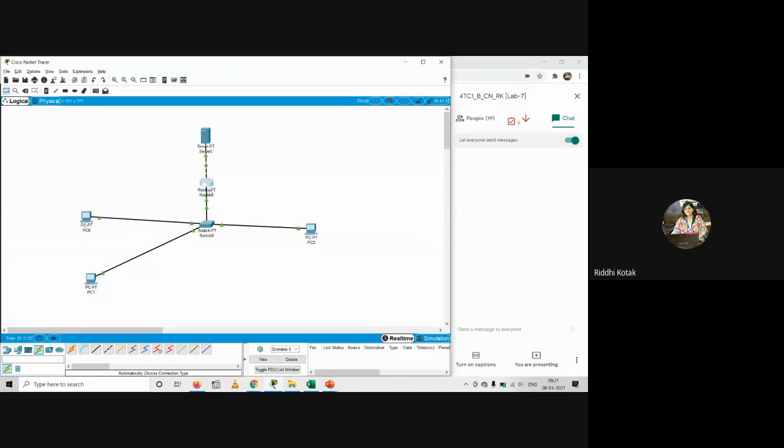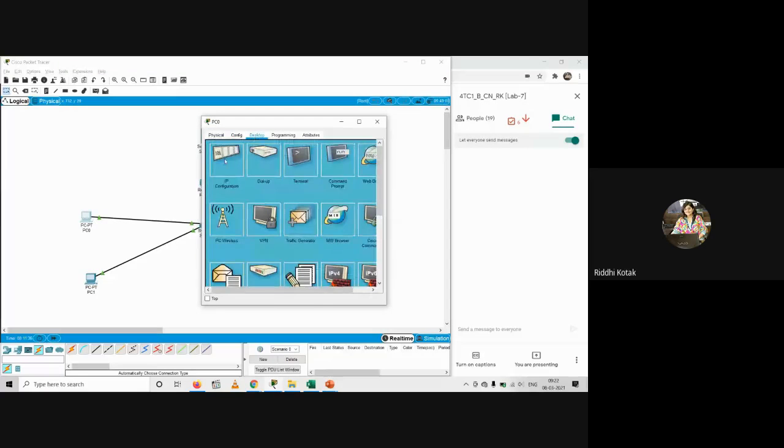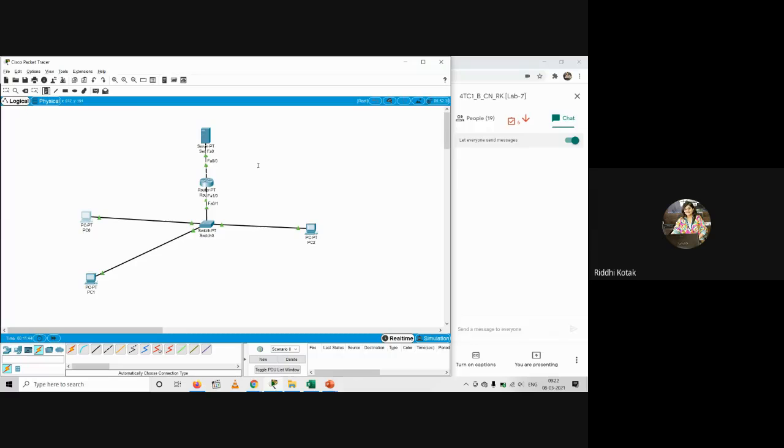So both the connections on the router converted to green, right? And we have assigned the value also. Now according to that, we'll configure the PC next. So click on PC0, go to desktop, IP configuration. For your easy understanding, let's first take the label over here. FastEthernet 0/0 is 192.168.1.1. FastEthernet 1/0 is 192.168.2.1.